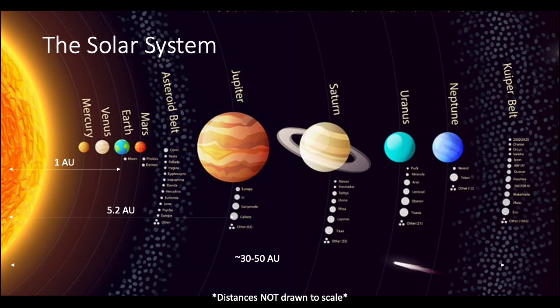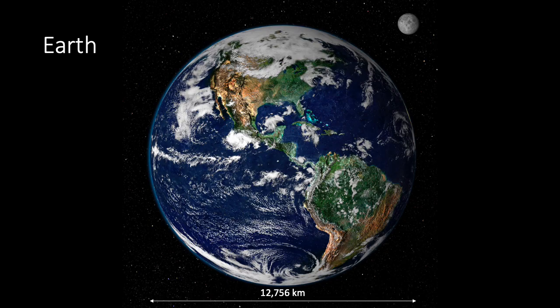And at its farthest distance, because it has a highly elliptical orbit, it's about 937 AU away from the Sun. That would mean that there are 937 Sun to Earth distances between Sedna and the Sun, which is about 140.2 billion kilometers away, a whole order of magnitude greater. This should show you that even within the solar system, there are vast distances, and measuring distances in kilometers is just not practical. Zooming in even more, we see Earth with a diameter of roughly